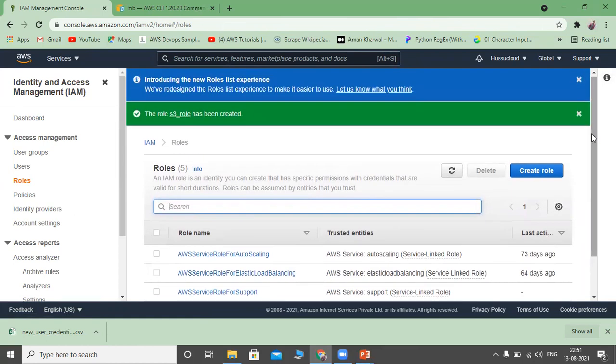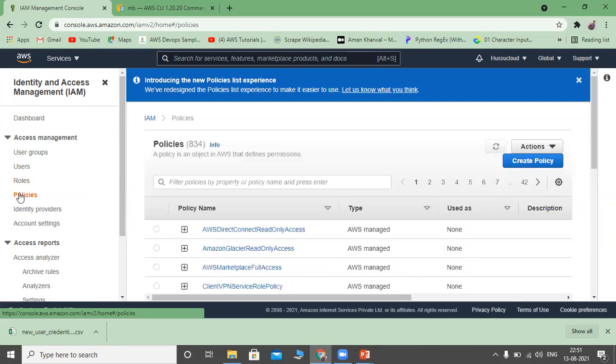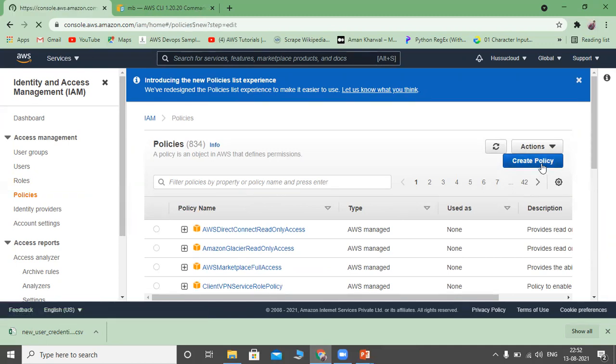That's it. So whenever you open the IAM dashboard, these three are very important: user groups, users, and roles. Next, policies. Policies are nothing but what users can do and what groups can do. That is nothing but accessing the resources. Accessing that resource is nothing but policies. So you can create your own policy or you can attach existing policies. I already showed how to attach existing policies. I have given S3 full access and EC2 full access. Those are nothing but policies. Or else you can create a policy also. Create a policy.